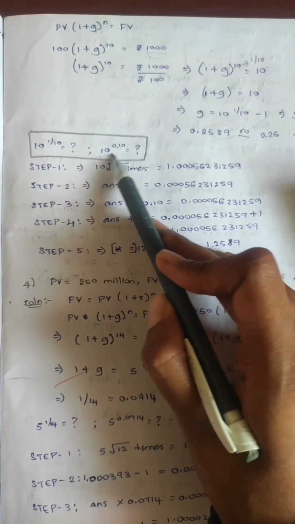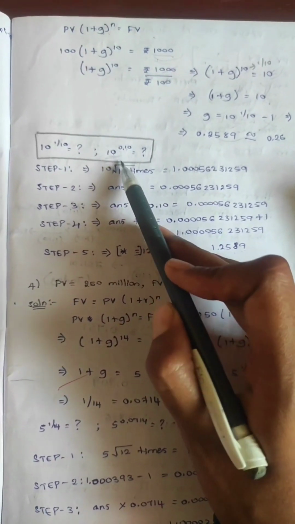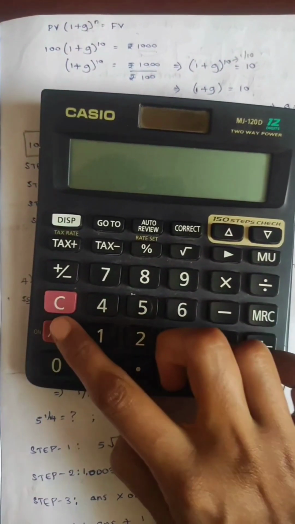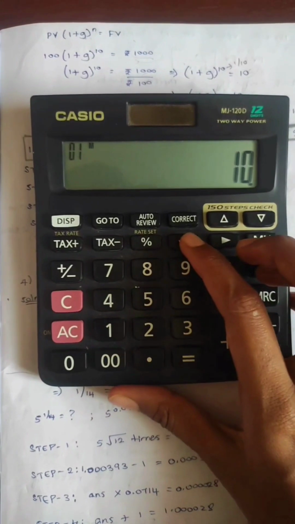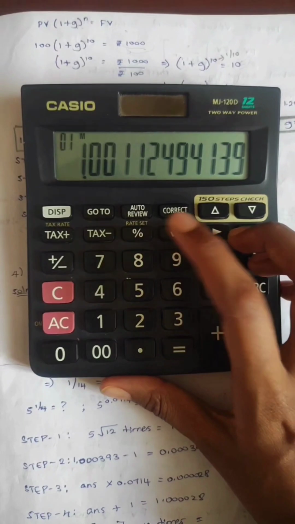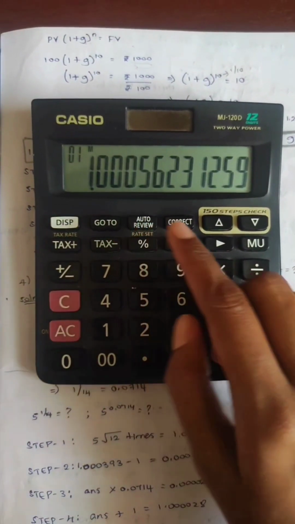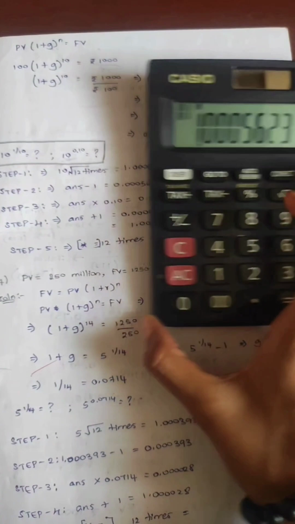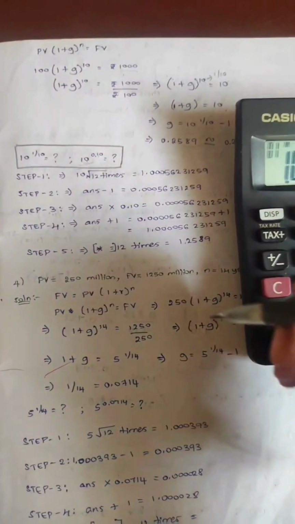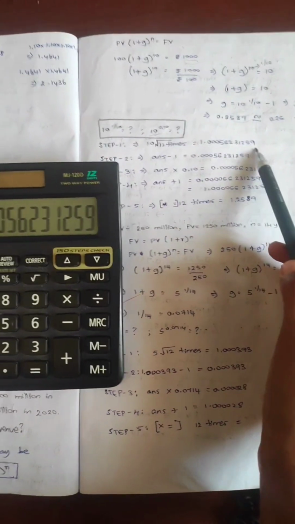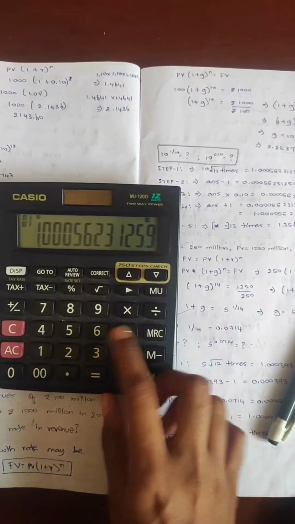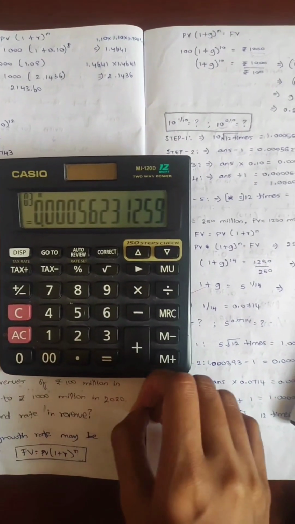So we have the value 10, and with this 10 you have to press root 12 times. See here: 10, and this root: 1, 2, 3, 4, 5, 6, 7, 8, 9, 10, 11, 12. So you get 1.005623, the value I've written here. Write the complete value, and the second step is to subtract 1 from the answer you got. 1 is the standard form. So minus 1, you will get